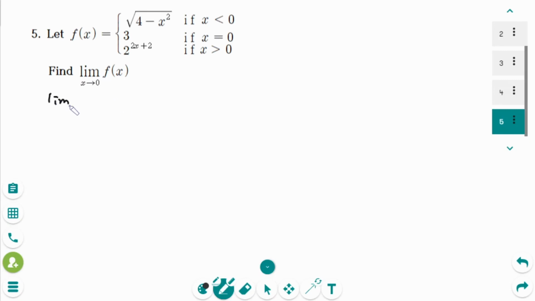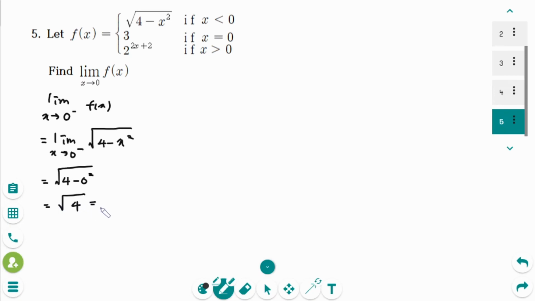So limit of f of x as x approaches 0 from the left equals limit of square root of 4 minus x squared as x approaches 0 from the left, and then put 0 into x, square root of 4 minus 0 squared, so square root of 4, which is 2,